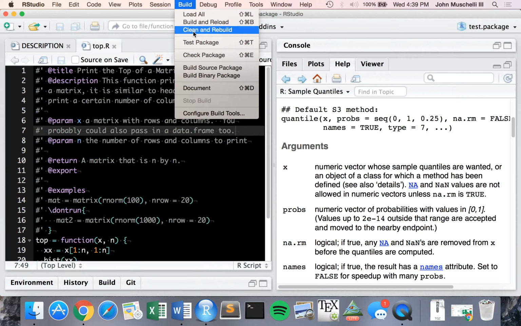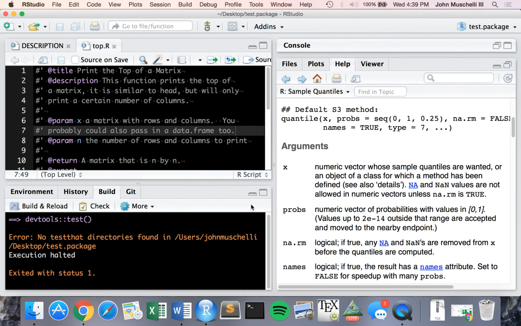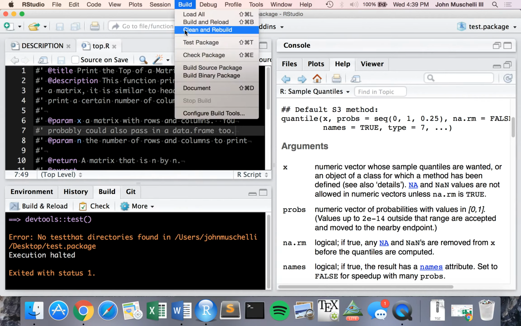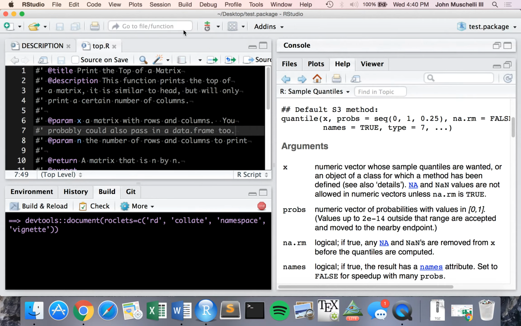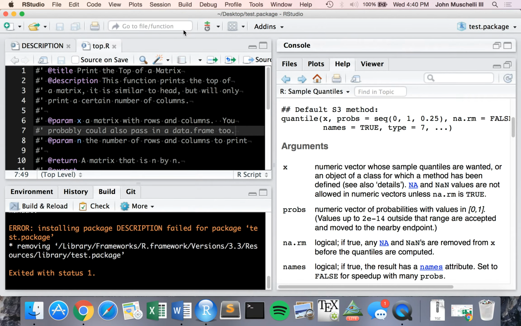I generally choose clean and rebuild so that if anything is in there from the last build process, it gets deleted. More or less, from what I can tell, if you're not using C++ code or anything like that, clean and rebuild and build and reload will do the exact same thing. So, I'm going to click clean and rebuild, and we should see,